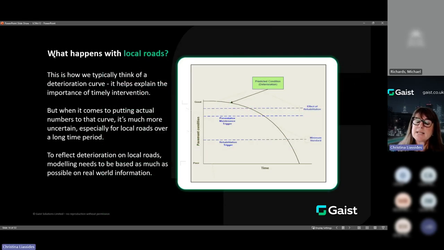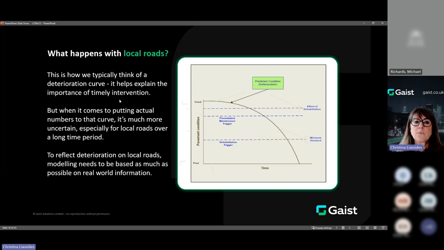And that's a particular case with local roads. So we probably know a lot more about some of our motorway and A roads that were constructed from the 50s onwards. We had a big road building programme. Even then, though, there can be uncertainties about all sorts of things. But typically, when we look at any sort of deterioration,